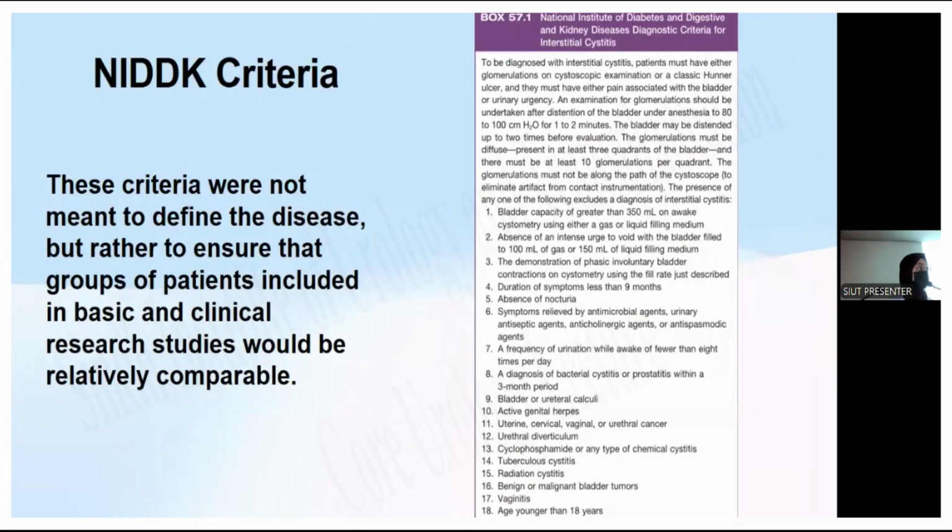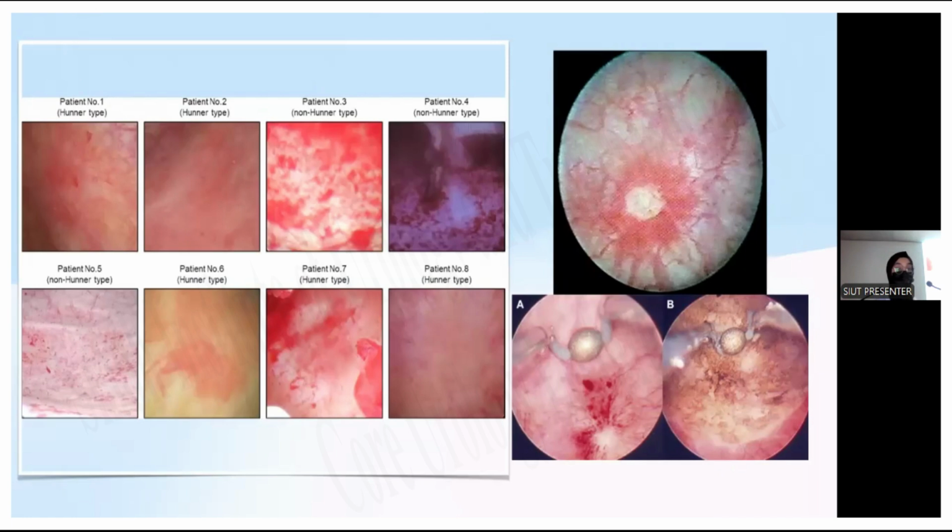Just a word about these Hunner ulcers. If throughout your life, or maybe during your training period, you happen to have a cystoscopy done by yourself and see the inside of the bladder with your own eyes, then you will see that these petechial hemorrhages are very peculiar hemorrhages, and they are actually described as weeping ulcers. It seems that the teardrops are the drops of blood coming out of these ulcerated spots. And once you see them, you will never forget them throughout your entire clinical life.